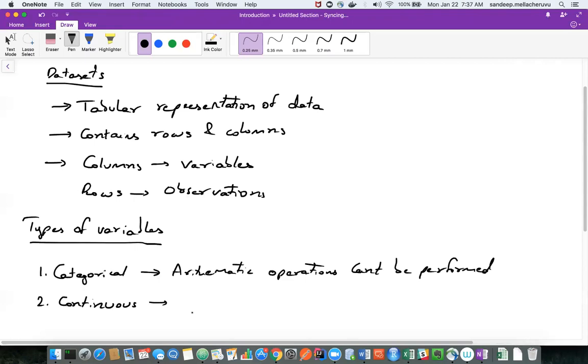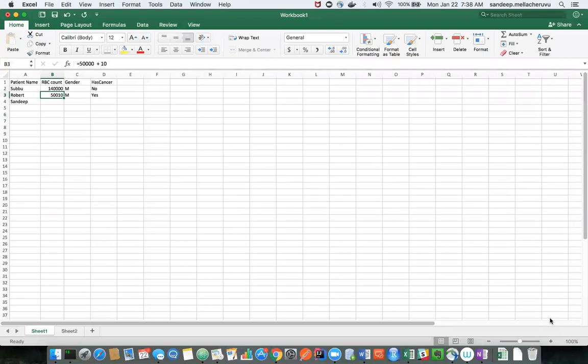On continuous, arithmetic operations can be performed. So this is the very brief idea of how to identify what is continuous and what is categorical.